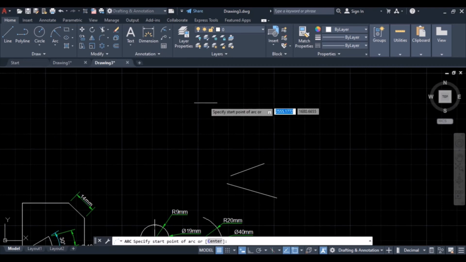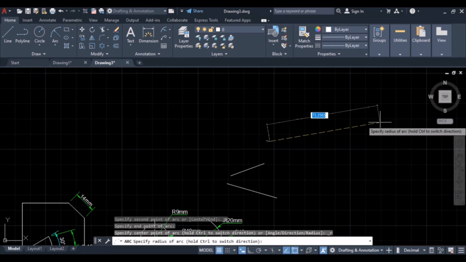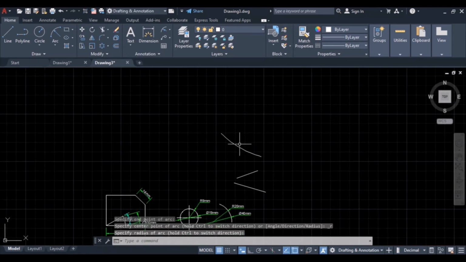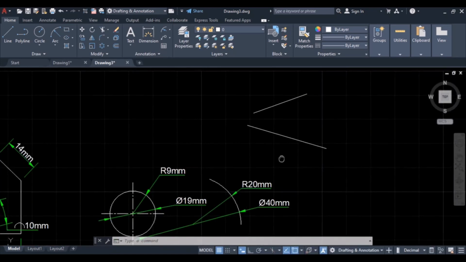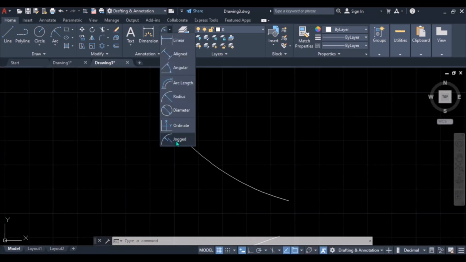So if I draw this here to have a very large radius, you cannot use radius or diameter to dimension this arc. So we'll use jog dimension.